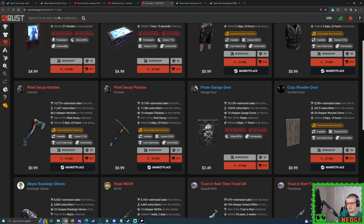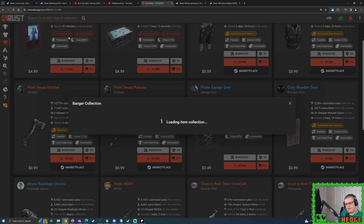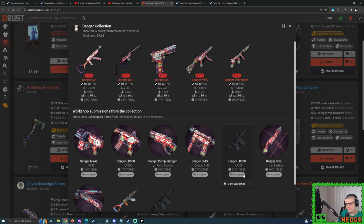Now let's go take a look at the likes of the Banger collection. Only bangers, gentlemen, only bangers. And what do we have? So, it's not holding up very well, unfortunately. I do believe one of these skins was being manipulated not too long ago. I can't remember which one. It might have been the SAR. Can't remember. Anyway,